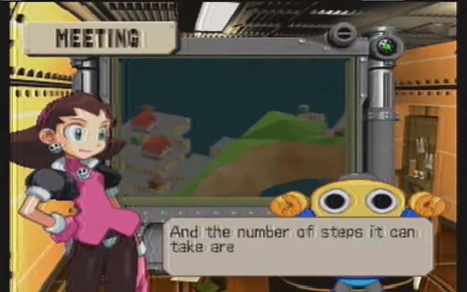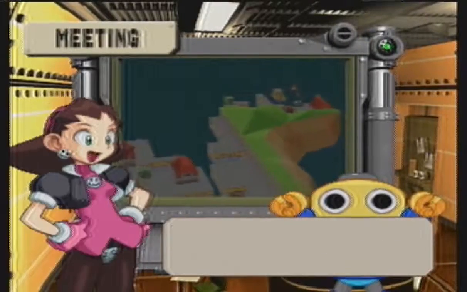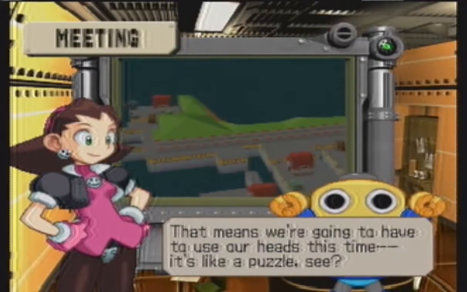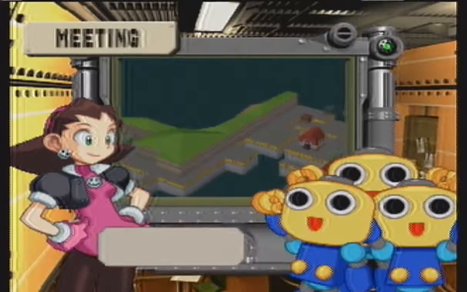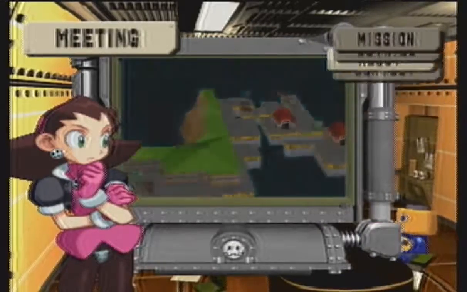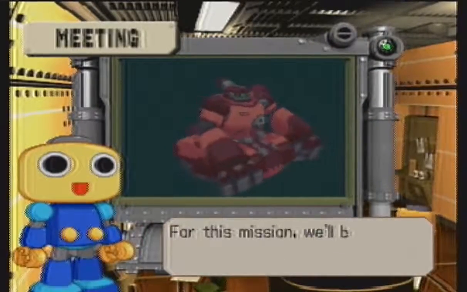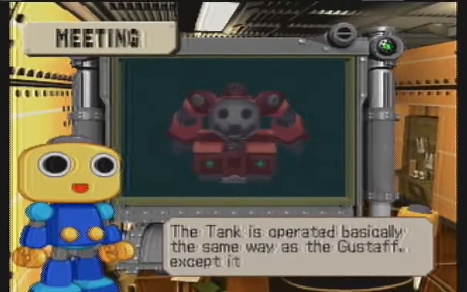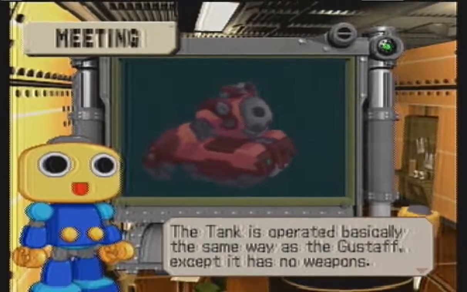This is where she's explaining the controls, how the goose staff only has a limited number of steps, a limited number of lifts when you grab an item, and all that fun stuff. That's what makes it a puzzle. Why the robot can only lift things up so many times, I have no idea. I like how the goose staff tank is just the goose staff with